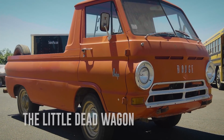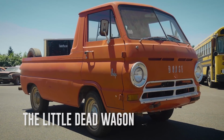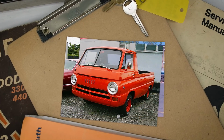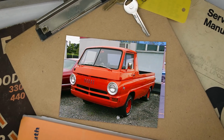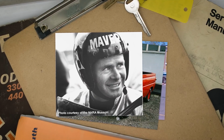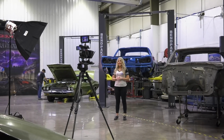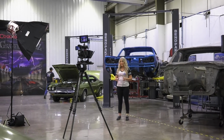In 1965, a racing legend was born, a Hemi-powered, wheel-standing beast of a truck known as the Little Red Wagon. Created from the Dodge A-100 truck, this monster of a race truck was owned and driven by Bill Maverick Golden, a man even more famous than the truck he drove. Bill Maverick famously won over 1,800 trophies, thousands of races, and set an astonishing number of records during his racing